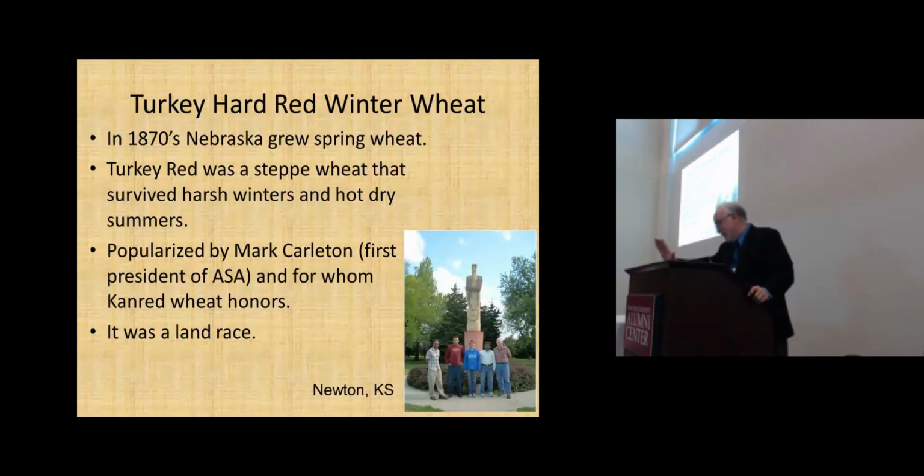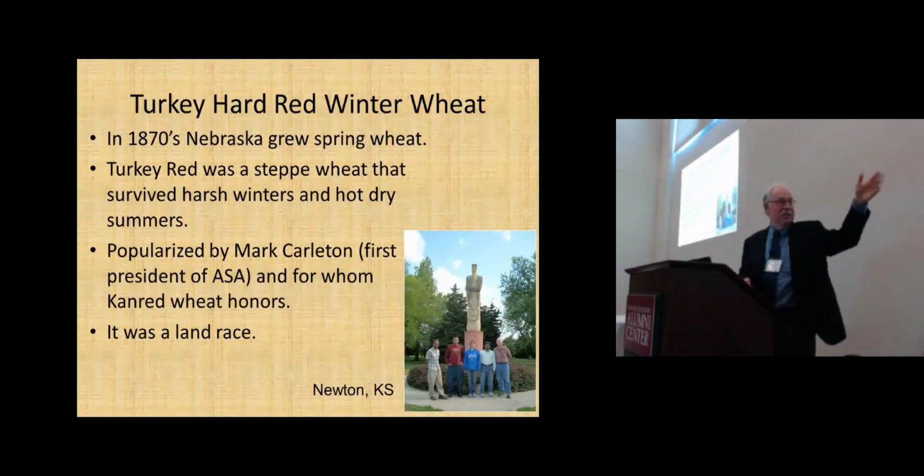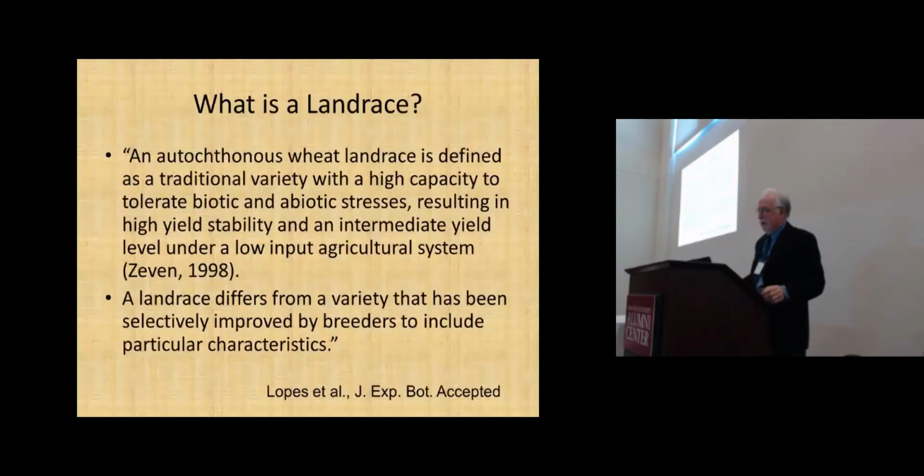For wheat, we get a statue. That's a statue of the Mennonite farmers in Newton, Kansas, that actually brought the wheat in with them. And for those of you with old plant breeding textbooks, this picture is actually a current one. That's my grad students. I always take my grad students by there every time we go by Newton. But in Briggs and Knowles, there's actually a picture of this statue.